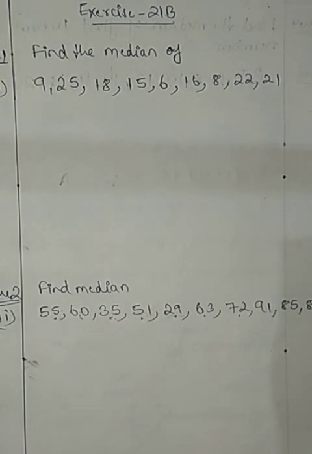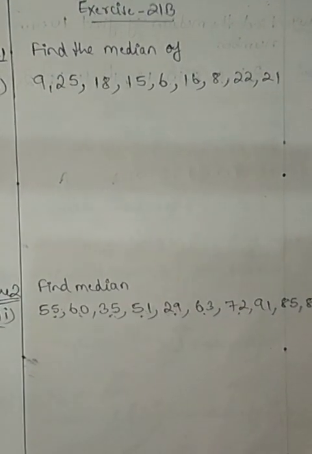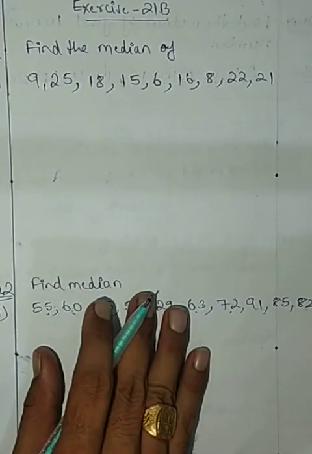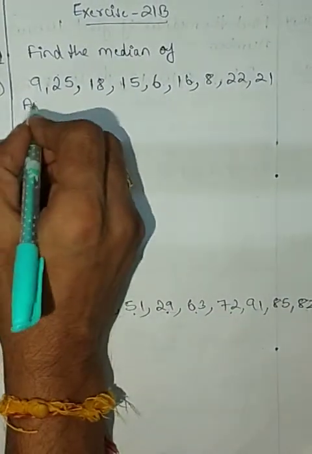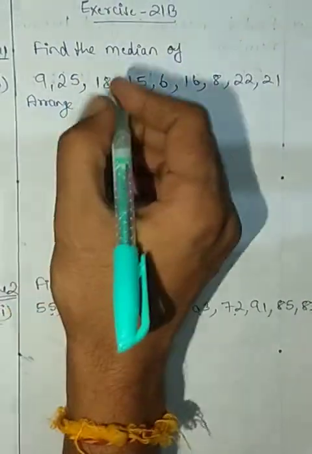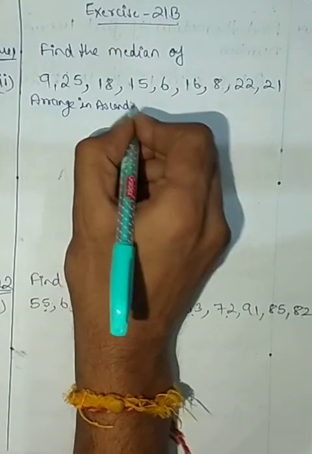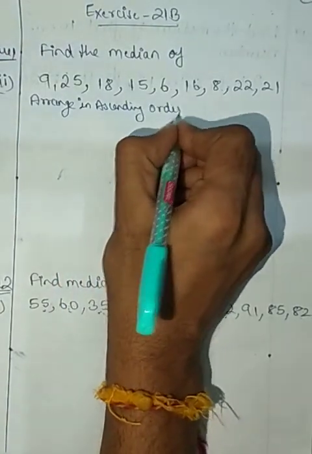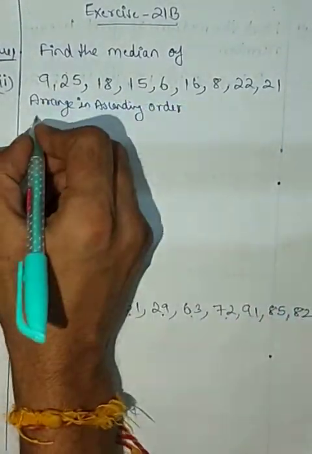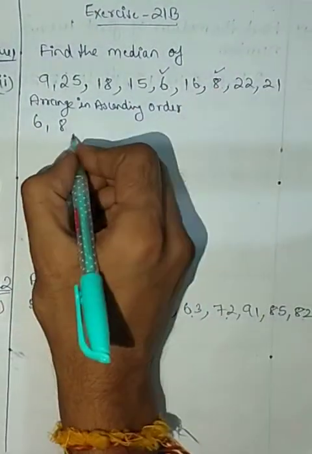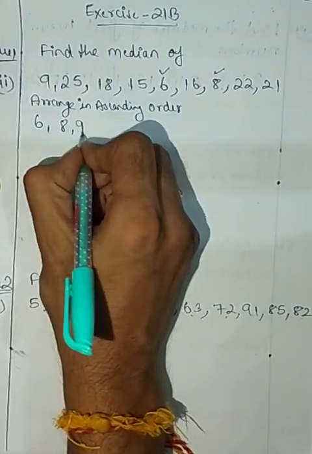Now we are going to discuss a question, the second part of question number 1 of your exercise 21B. Find the median of the given data. First step, what do we have to do? Arrange in ascending order. Let's arrange. The first observation will be 6, then 8, then 9,